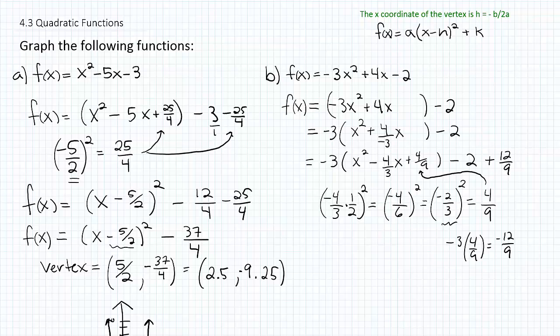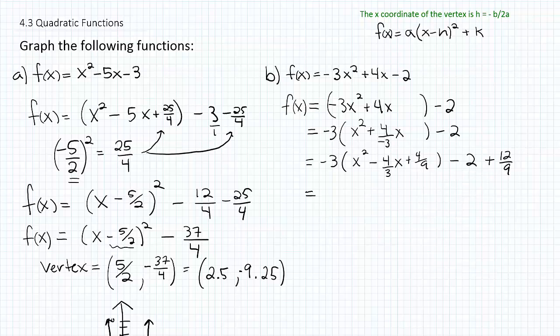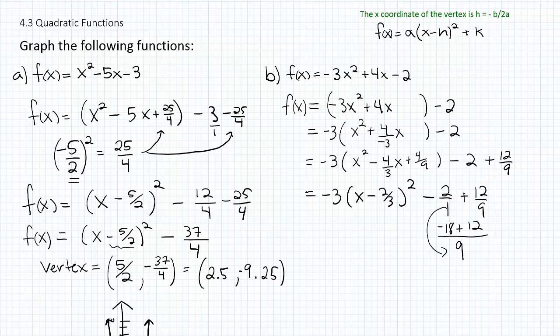That's not okay. All right, so remember what we said before, that the factoring would basically end up being x minus 2/3, right? So when I factor that trinomial, it'll be x minus 2/3 squared. And then we have the minus 2 over 1 plus 12/9, right, to deal with. All right, so we got to get a common denominator of 9 there. So if I multiply this guy by 9, I multiply the top by 9 as well, I'll end up with negative 18, right? Because negative 18 over 9 is negative 2, and then I'll have plus 12/9. And so then that means that the total arithmetic there will give you negative 6 over 9, which can be